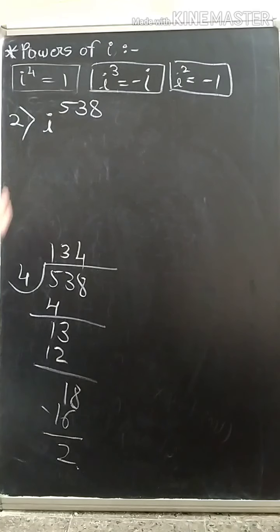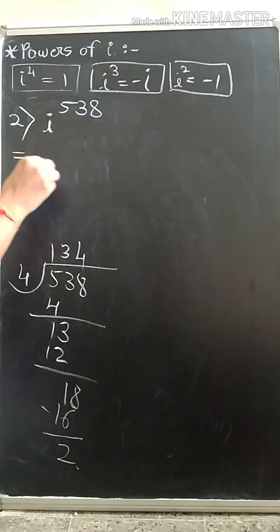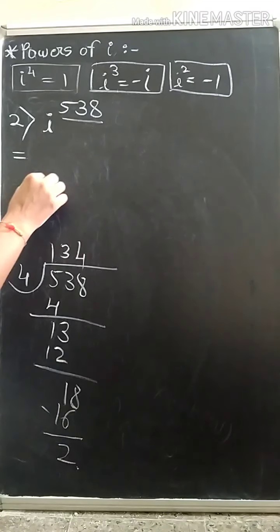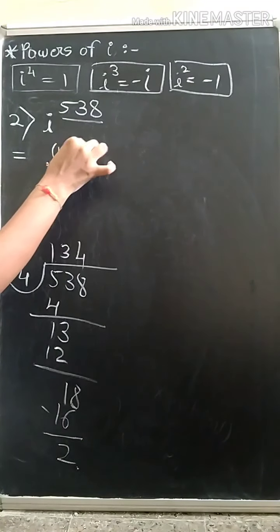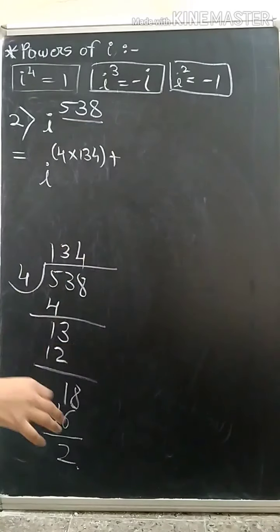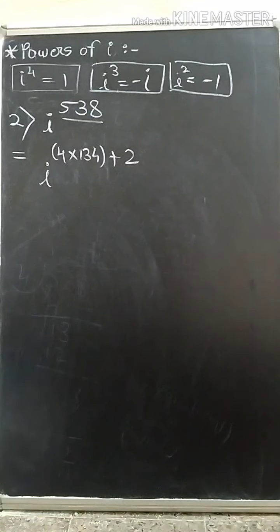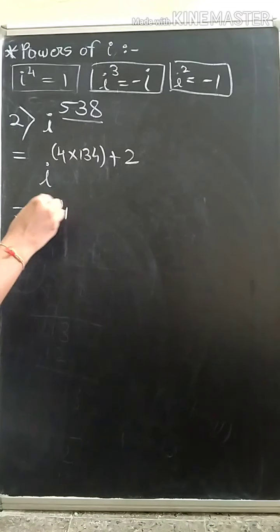So directly we can write over here. So 538 च्या जागेवर आपण काय लिहिणार? 4 into 134 i raised to 4 into 134 plus 2, which is equals to, directly लिहूयात आता i raised to 4